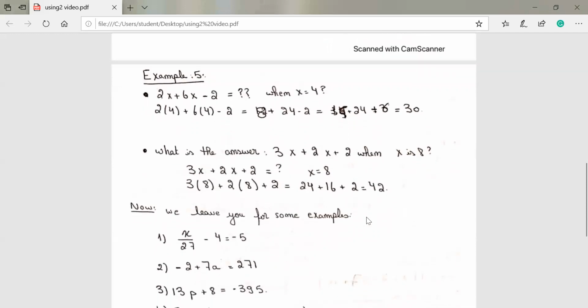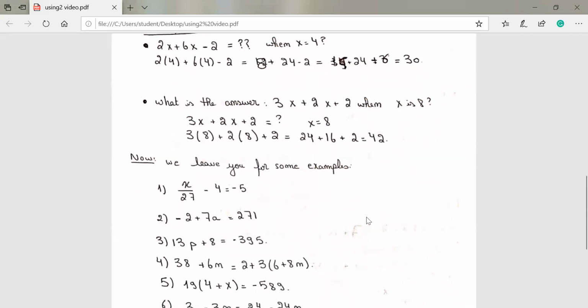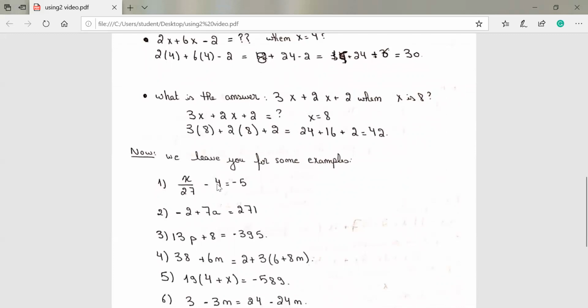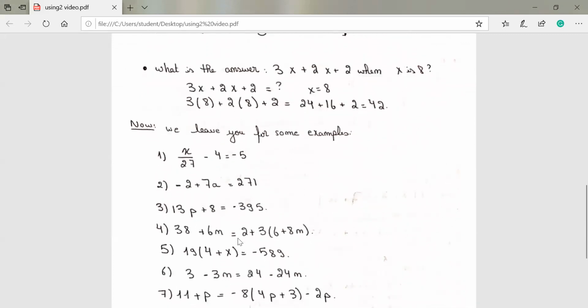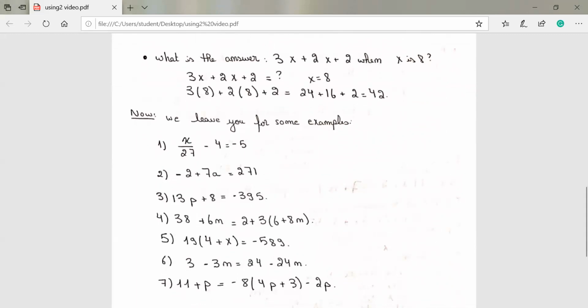Now we're going to give you some examples, like x over 27 minus 4 equal to minus 5. 13p plus 8 equal to minus 395. And like 11p minus 8 into 4p plus 3 minus 2p. To have the answers of these examples, all of them, you have to contact us on our phone number,